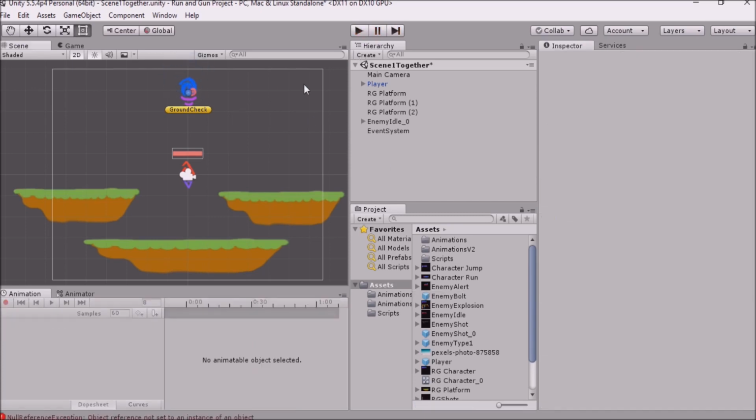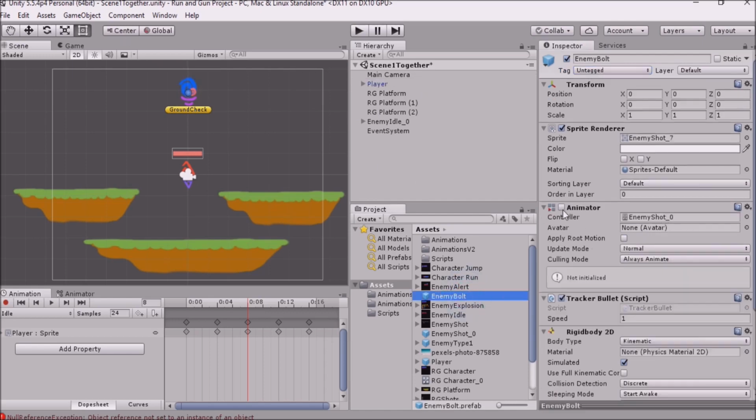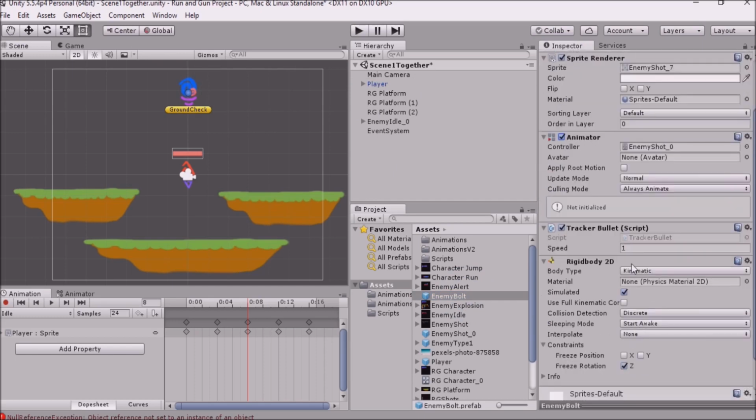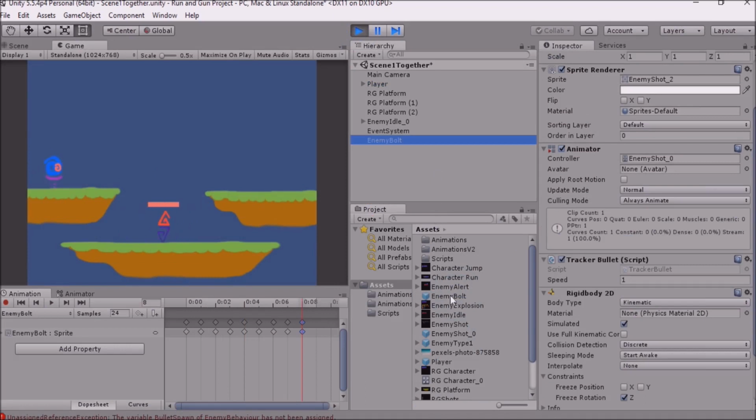Finally, we'll just make sure that our player has the player tag attached to it, otherwise our object will not move when it's in the game. Then I'm going to go over to the enemy bolt one more time, just make sure that animator is checked, and I'm going to leave the speed at 1 so we can get a really good idea of what's happening there. Alright, now I can drag my enemy bolt into the scene,